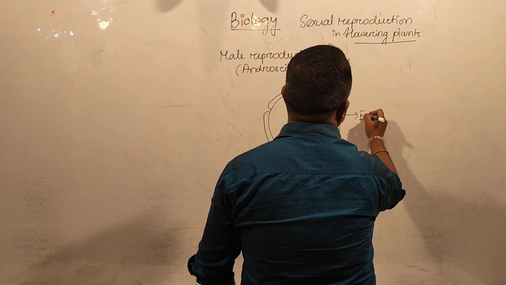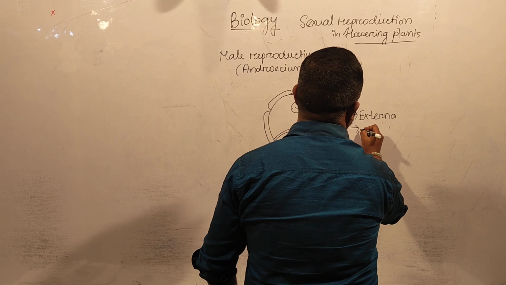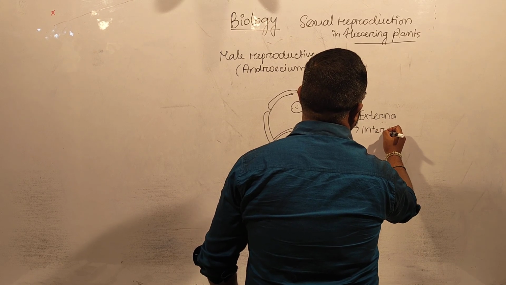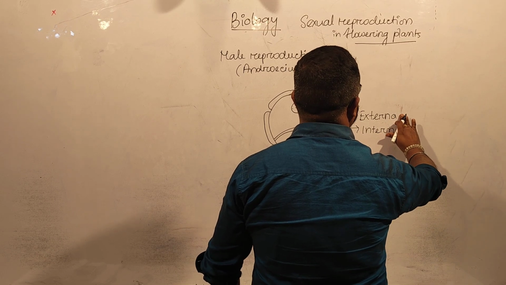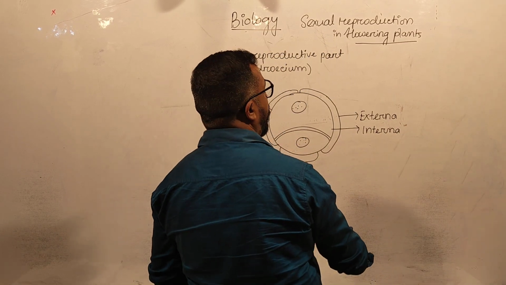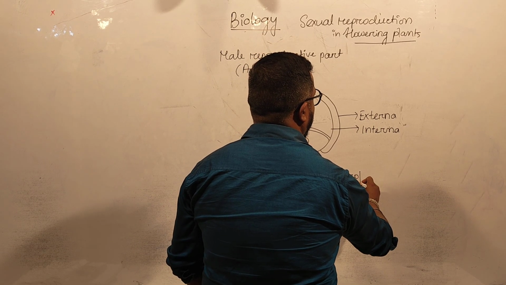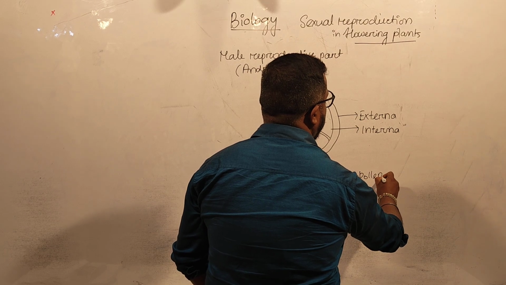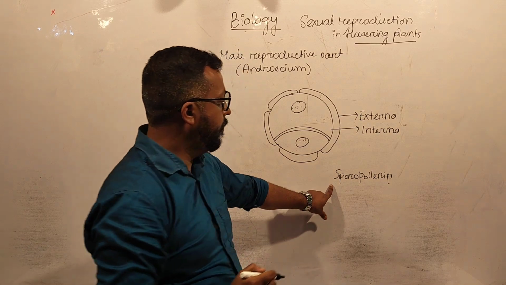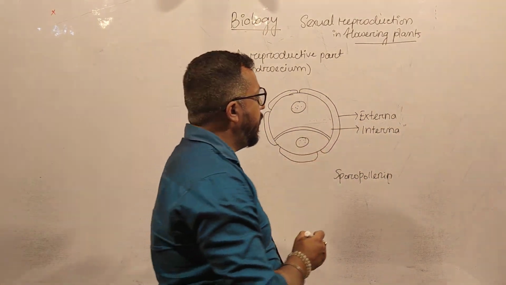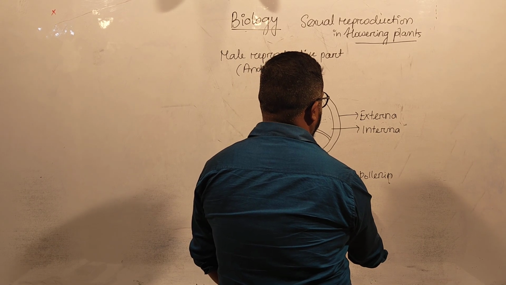The outer layer is called the exine, and the inner layer is called the intine. The exine is made up of one of the toughest substances available on the surface of the earth, that is sporopollenin. And the intine is made up of substances like cellulose